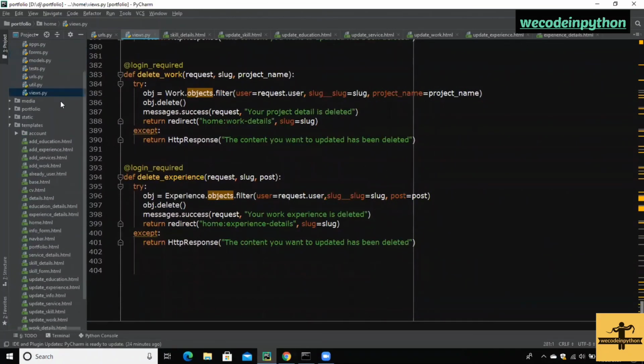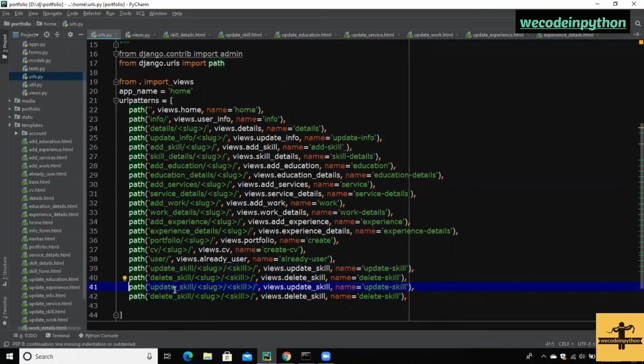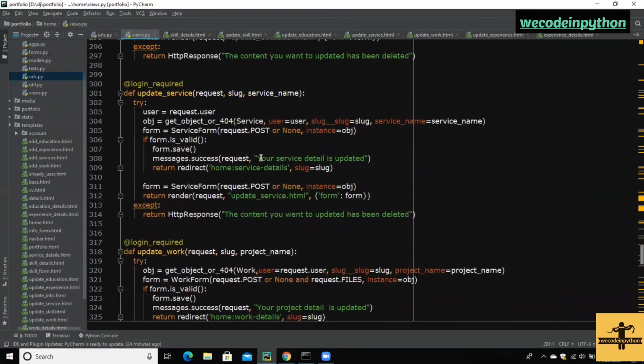Now what we need to do, we need to create the URLs. Copy these two URLs, paste, just change the names, update education. We can copy this, update education here. So here we are going to name it. Let me check for this. So in the views for the education, update education,